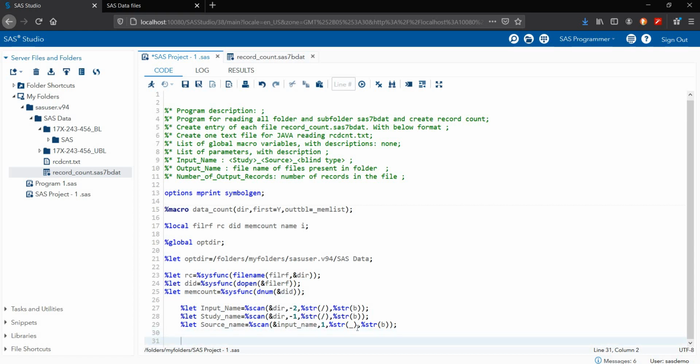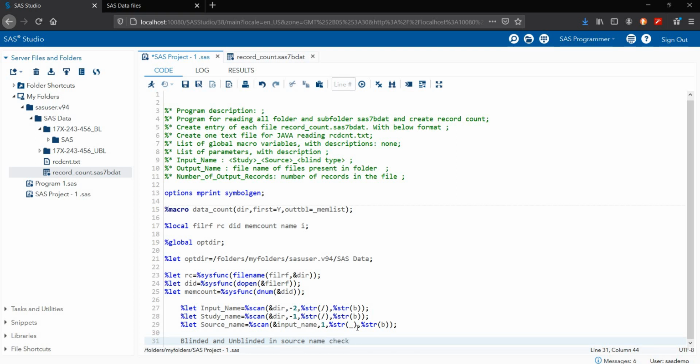The next task is blended and unblended data. I need to check blended and unblended in the source name.